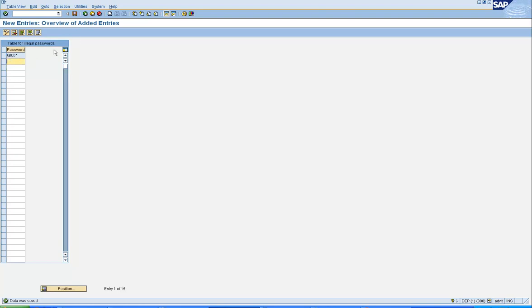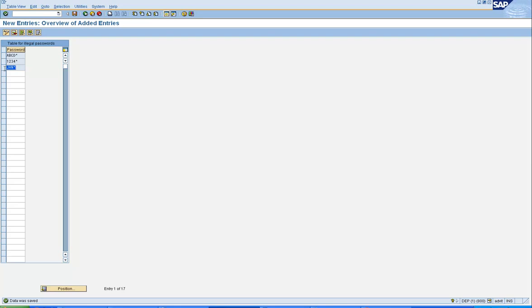If I say 1234 star, it means that I cannot use any password that begins with 1234. I could use 12ABC, that could be used, but the first 4 characters cannot be 1234. So let's say Jan star, for example.